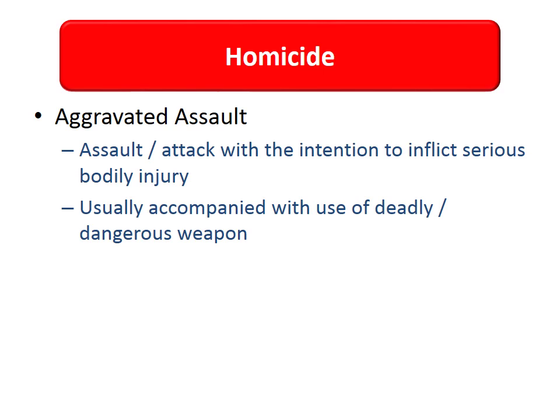If we want to define aggravated assault, it would be defined as assaults or attacks that are carried out with the intention of inflicting serious bodily harm onto another person. These attacks usually involve the use of deadly or dangerous weapons, and deadly or dangerous weapons here would refer to, for example, guns or knives. In some cases, even if somebody is using only his fists or his hands to fight, it could still be classified as aggravated assault if the act results in serious injury to the victim.